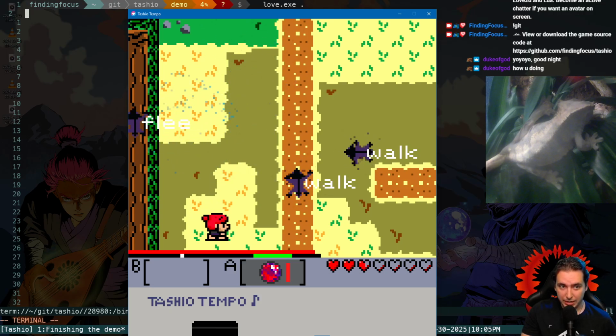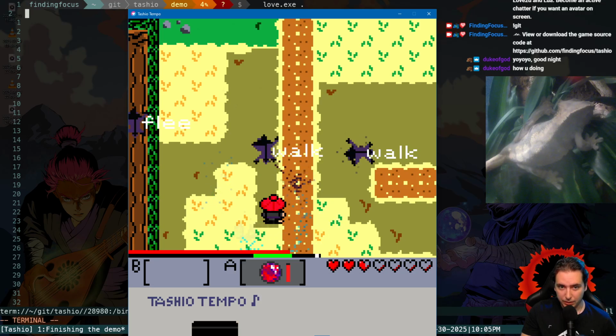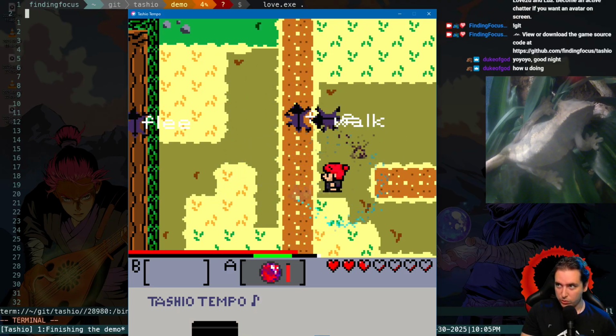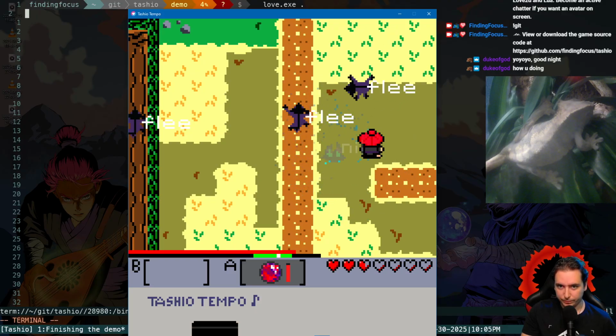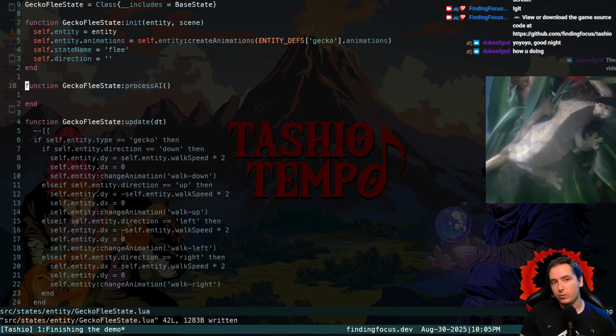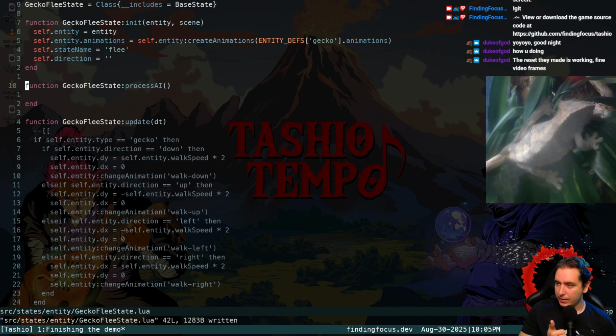There we go, flee state, finally. Okay, so we got flee state. So we do know that we need to change a couple of things in the flee state. Okay, so that's working. So the flee state needs to boost our walk speed,